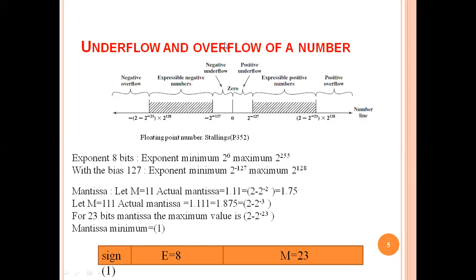So today we learned about Booth multiplication, how to do Booth multiplication. In gist, Booth multiplication is used for multiplying two signed numbers, and we saw how to find the result using it. Then we went through underflow and overflow of a number: what is underflow and what is overflow? And if I use IEEE 754, what is the maximum number and the minimum number we can represent in the system? Clear?